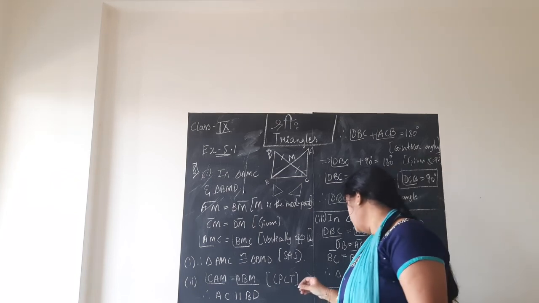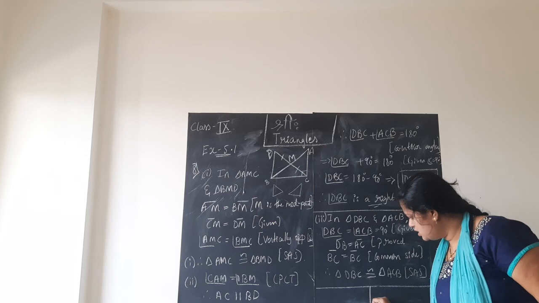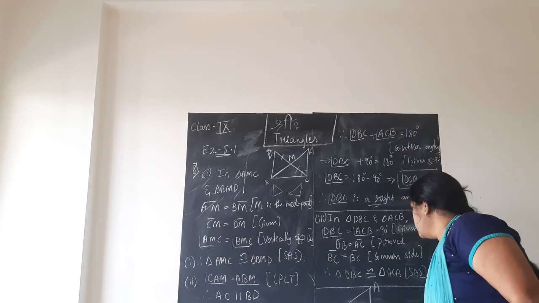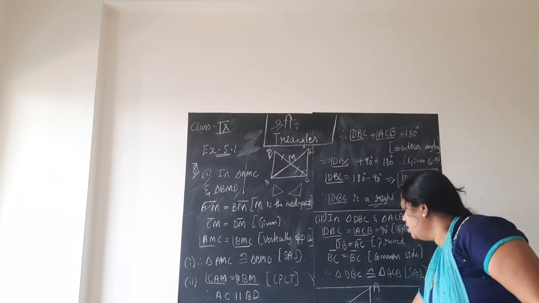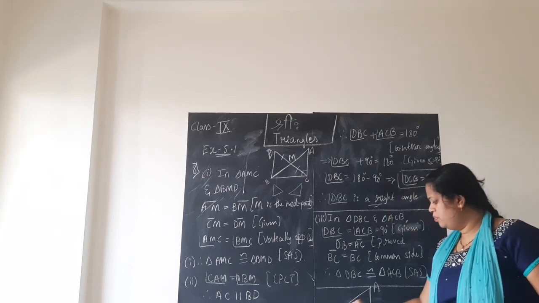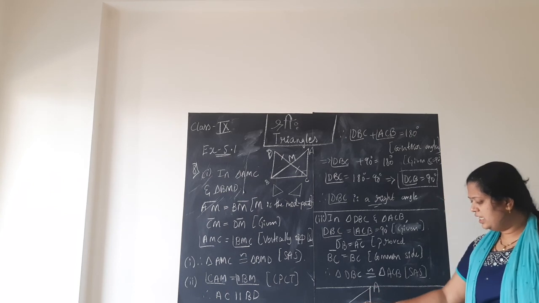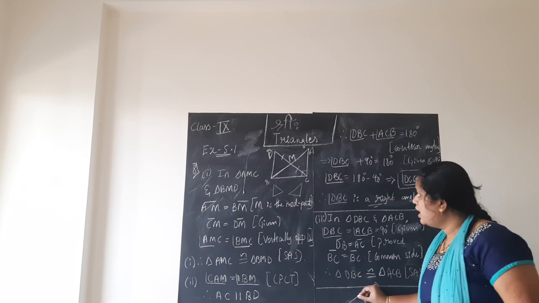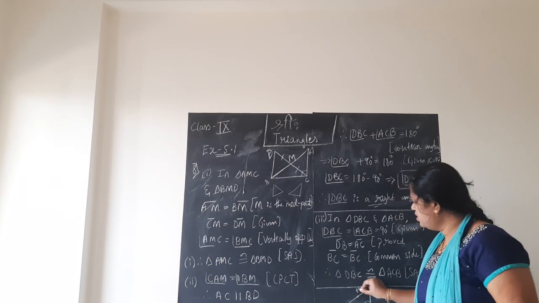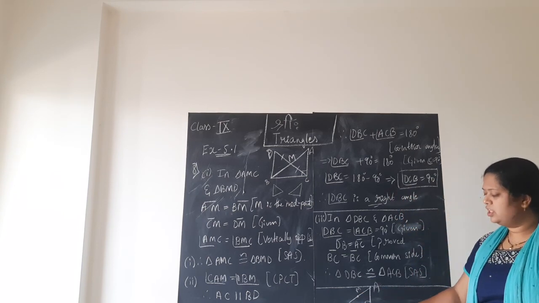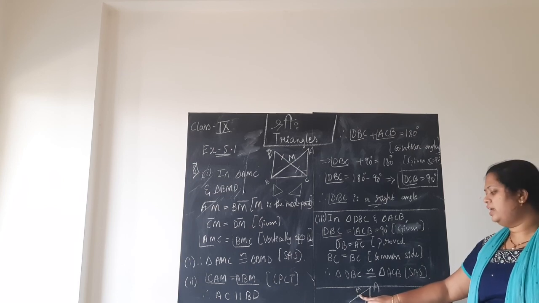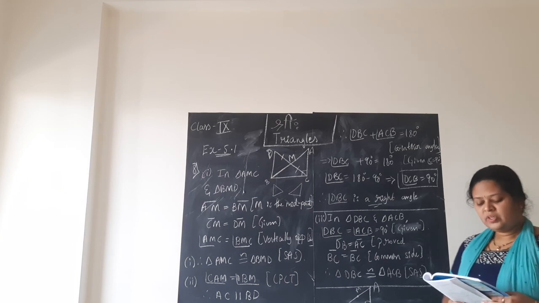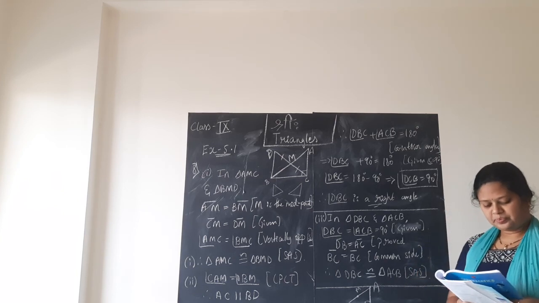So here I will draw it for you, children. This right angle triangle they are talking about. This is A, this is C, and this is B. If ACB is a right angle triangle, angle C is what? 90 degrees. And they are saying M is the midpoint, so the side opposite to 90 degrees is the hypotenuse in a right angle triangle. So, M is the midpoint on the hypotenuse of the right angle triangle.